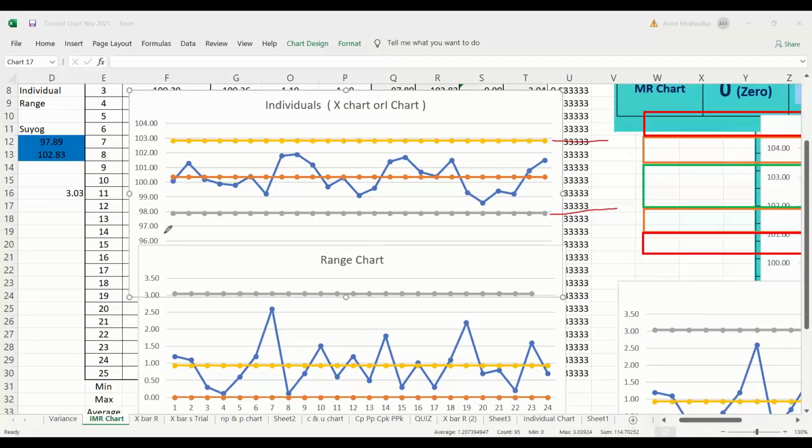So what I will do, I will get this chart onto another sheet.